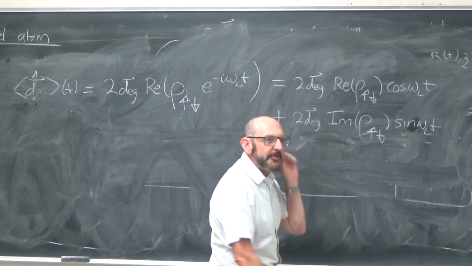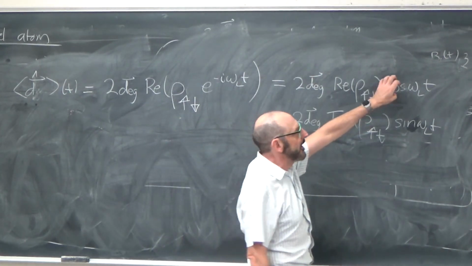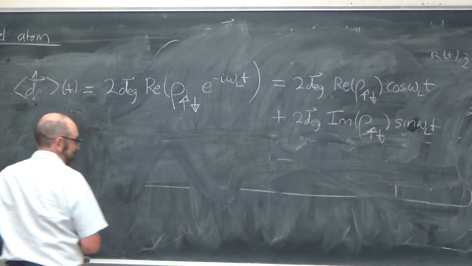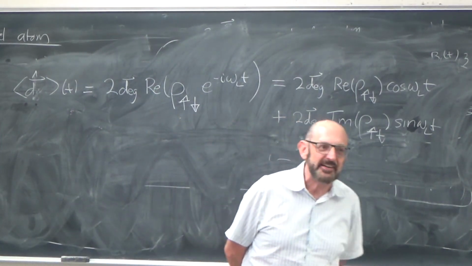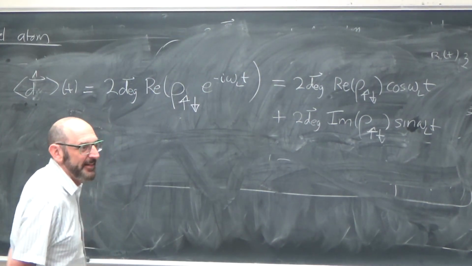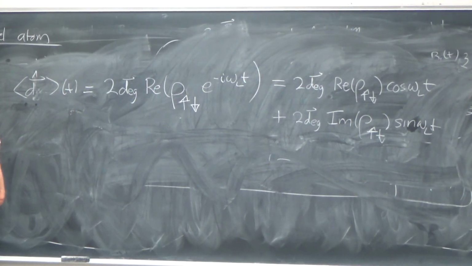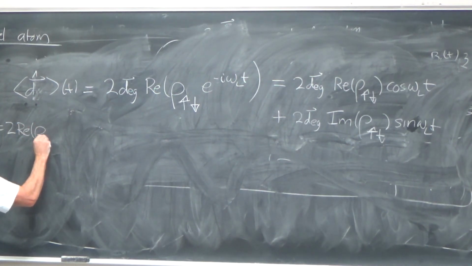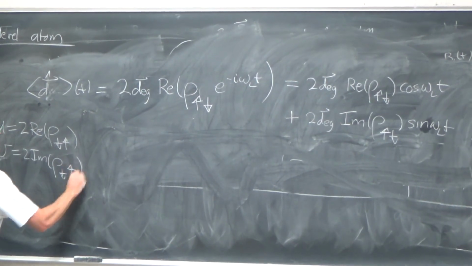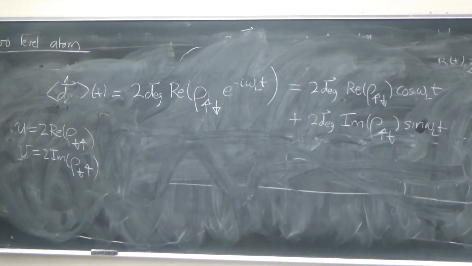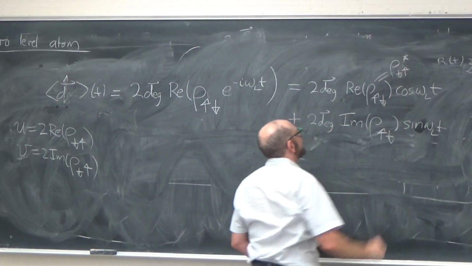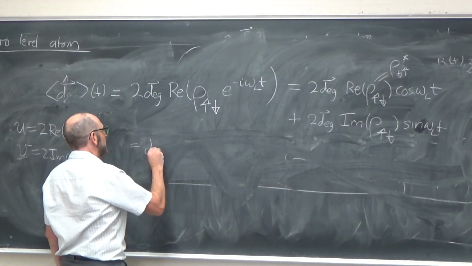And there's always going to be, as we always have said, when we have this driven system, a component that's in phase and a component that is in quadrature. Okay? This can be related to the components of the Bloch vector. Because we said that the components of the Bloch vector were related to the components of the density matrix. We're going back and forth between all these different representations all the time. So we remember that U was equal to twice the real part of this, and V was equal to twice the imaginary part of this, from what we had earlier, and W was related to the population conversion. This is the complex conjugate of this in the other direction. And so, with that said, we have that the dipole is equal to